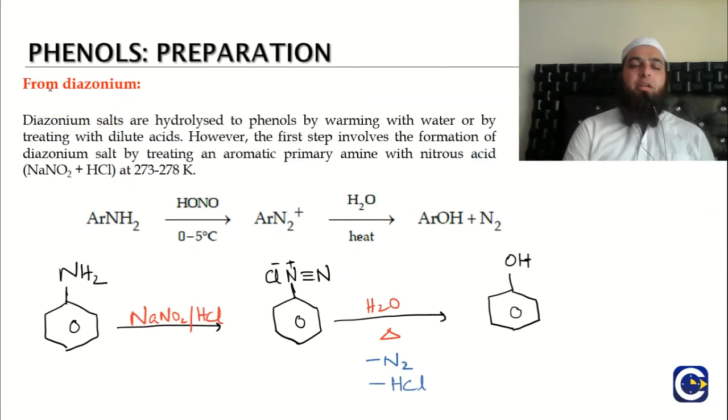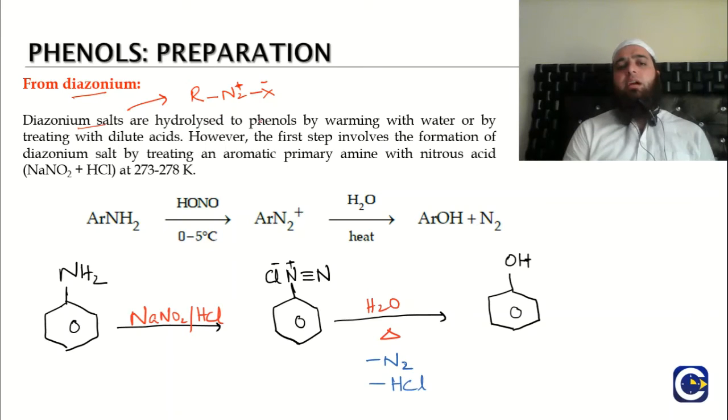Taking the next substrate, diazonium, the preparation of phenols from diazonium. What actually are diazonium salts? We can represent the diazonium salt with a general formula: R, N2 positive, X negative. This R can be any alkyl or aryl group, and X can be any organic or inorganic anion, any halogen, for example. R can be an aromatic or non-aromatic system also. This is the general representation of diazonium salts.